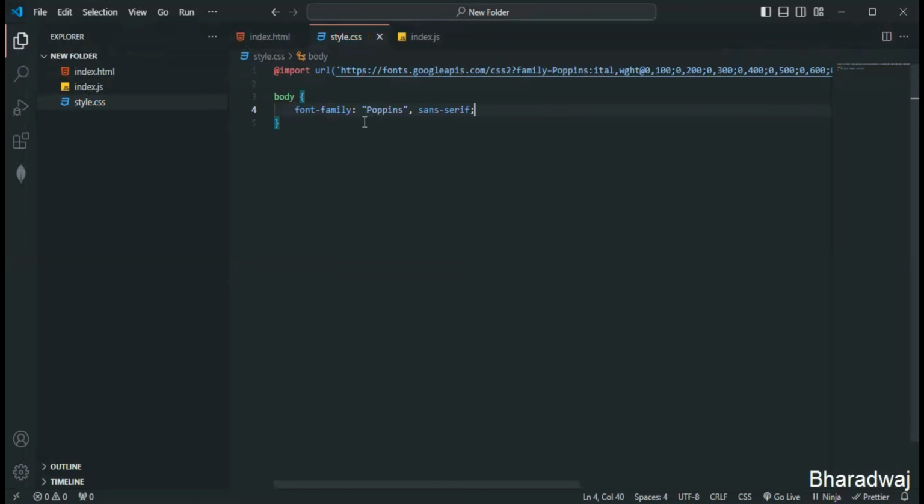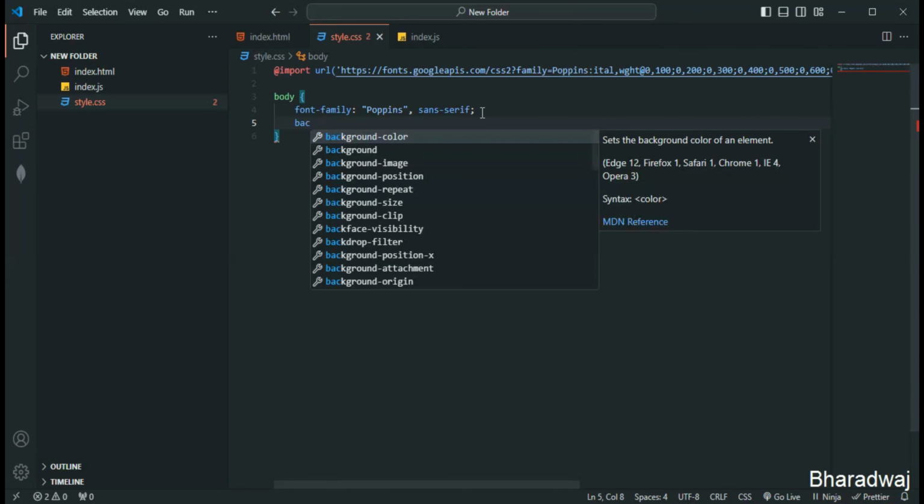What we are doing for the primary font, the primary font we'll be making use of in this project is Poppins, and the secondary font will be sans serif if something goes wrong with the primary font. So what I'll do next,